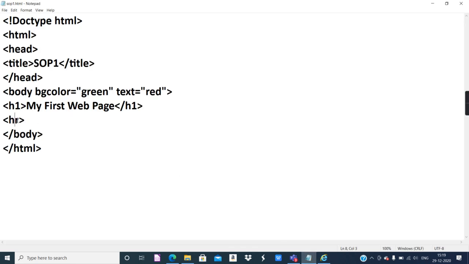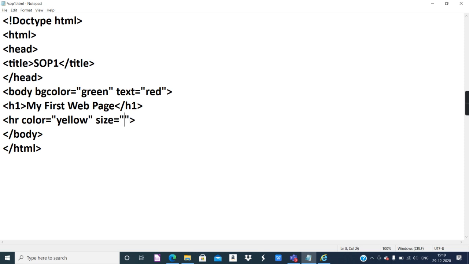Now you can provide color to the line, for example yellow, with the help of the color attribute. As I told you, before every attribute you have to give a single space. Then I'll give size.